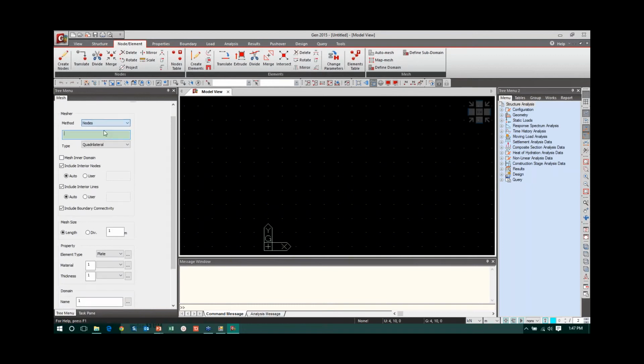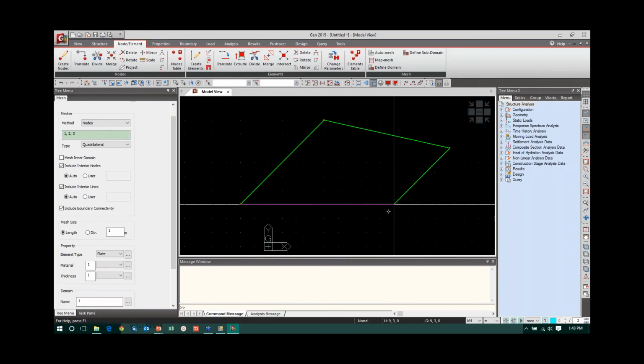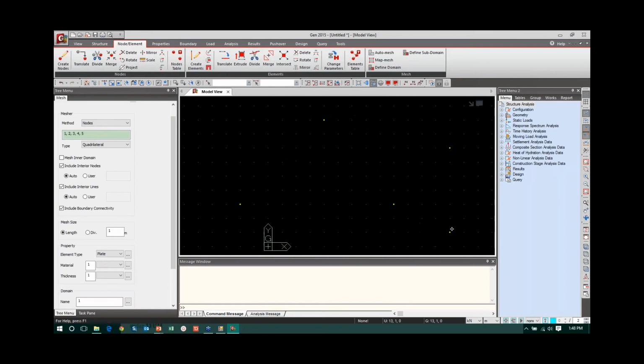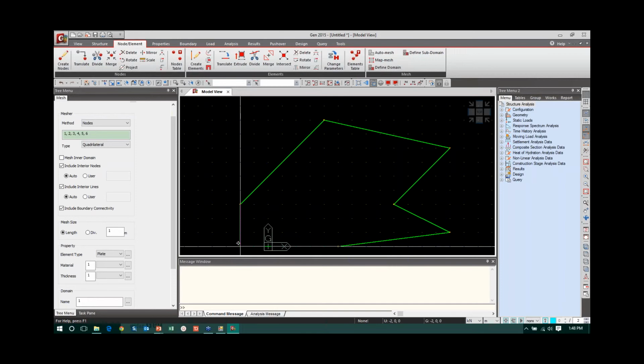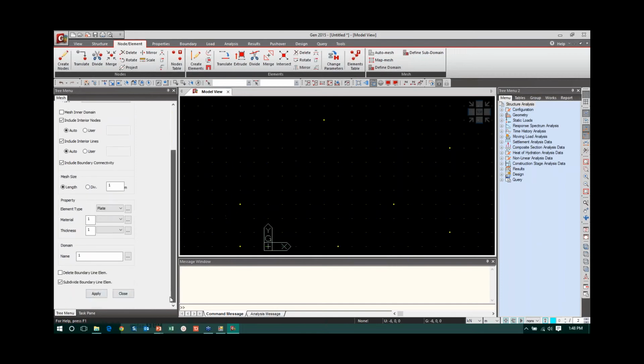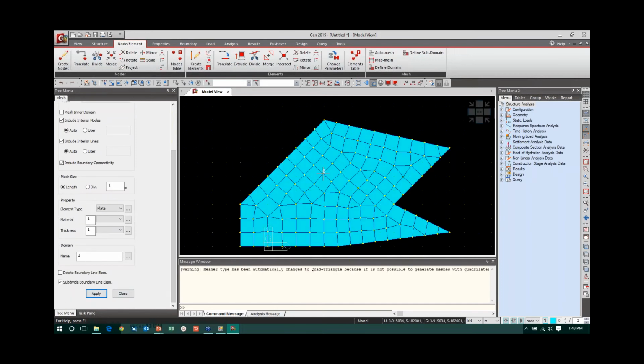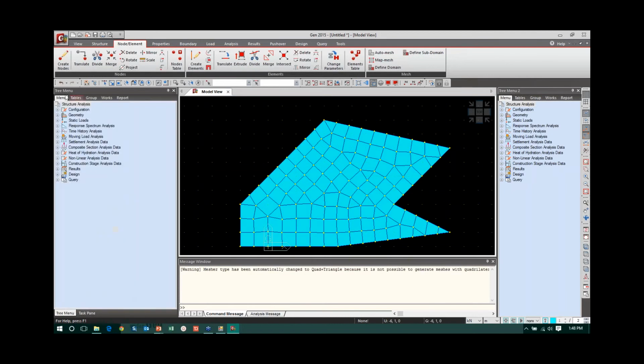So directly selecting the grid points, you define the shape of the slab, any arbitrary shape of the slab, and you can do the meshing by selecting the nodes on the grid. So one way of modeling is using the point grid. You select the point grids and you create the model based on the point grids.